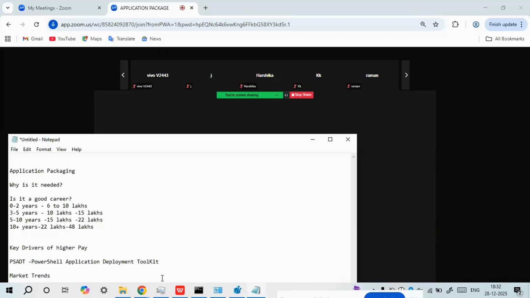Beginning from the start to delivering the application to all those customers who require that application, it will be our role. So being an application packager, we are also working as an endpoint engineer, and thus we are going to do the deployment also. And if we talk about Intune,